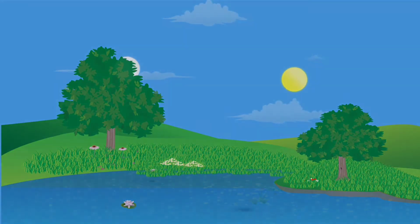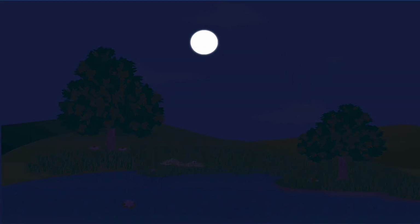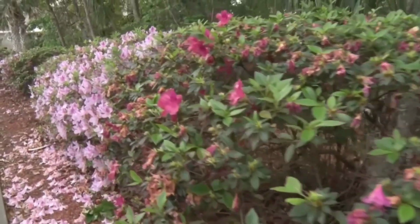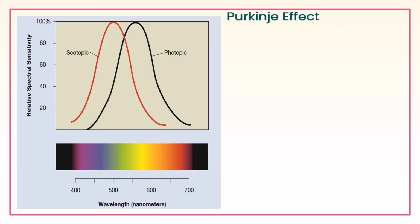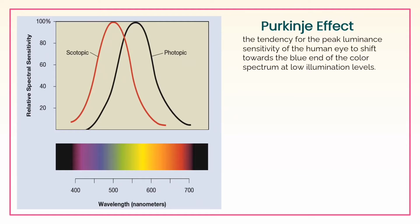As light dims and our eyes switch from photopic vision to scotopic vision, an interesting visual effect can be observed that relates to this discrepancy in photopic and scotopic spectral sensitivity, and it is called the Purkinje Effect. The Purkinje Effect, named after the man who first discovered and observed this phenomenon, John Purkinje, is the tendency for the peak luminance sensitivity of the human eye to shift towards the blue end of the color spectrum at low illumination